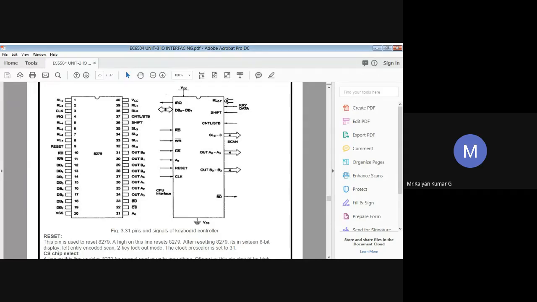And the diagram shown on the right side is nothing but a simple schematic diagram of your 8279 with its important pins. Okay, this is just a difference. Whatever is there in the pin diagram, here it is being represented. So now we'll move on to your architecture. That will be easy for you.